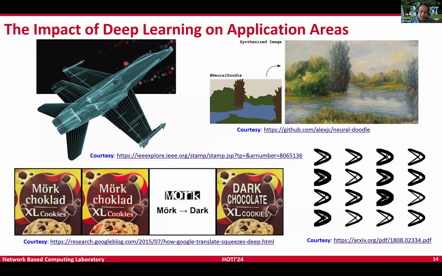So the list can go on. A lot of scientific simulations are happening now, and even very simple things, like Google Translate. You are going to a foreign country or trying to look at some of the things you are trying to buy. This is a very nice example you might have seen over the years. Think of, let's say, Van Gogh. Van Gogh has a style, so the question is, can the machine actually learn Van Gogh's style? And if we give a doodle, can the machine produce an image?